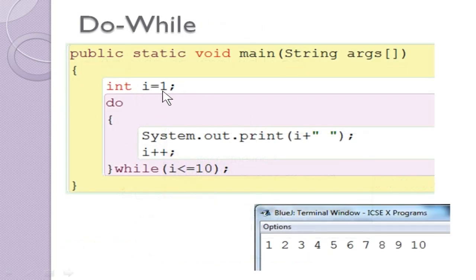It works almost the same as the while loop. You will have an initialization statement, then the do keyword, then the body of the loop is there. It prints the i value, and then updation is done, then while and the condition. If the condition is true, it goes into the body of the loop again. So it executes the statement again and again till the condition becomes false. Once it becomes false, it will come out of the loop. So you will have the same result.